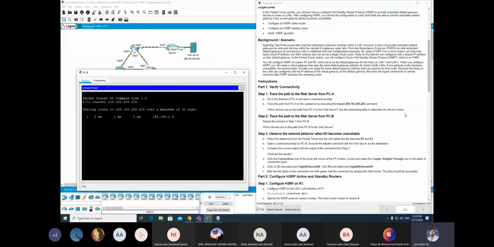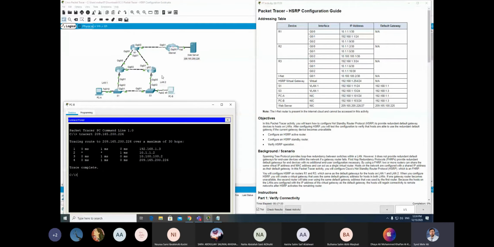Router 3, this gigabit 0/0 interface, 192.168.1.3. If you see, this is 1.3 and this one is also 1.3. Then further our packet moved to 10.1.1.2, which is the gigabit interface of router 2. Then finally it goes to the INET here.